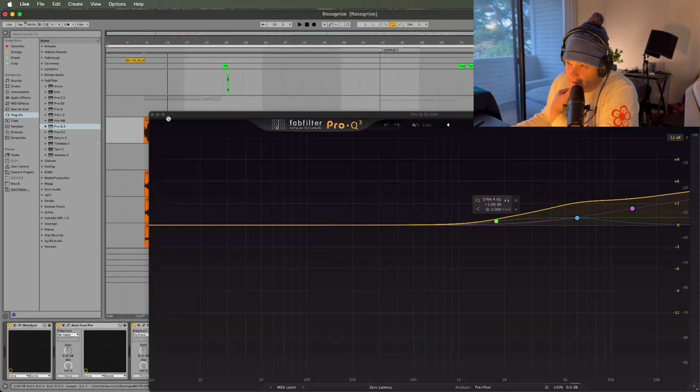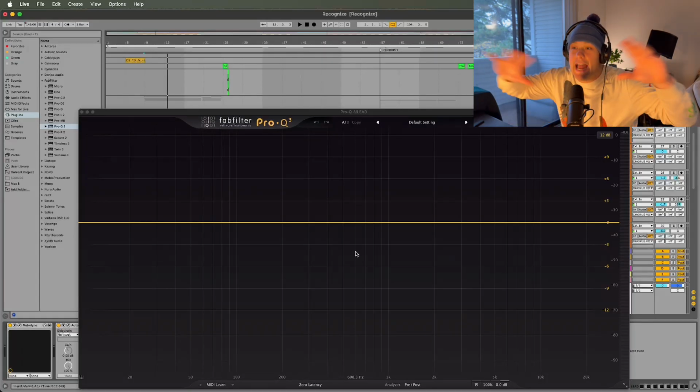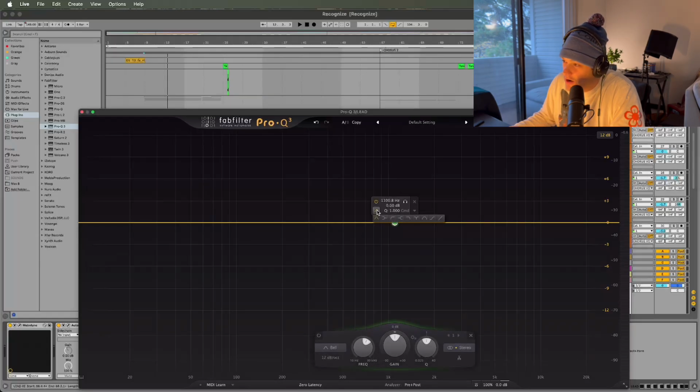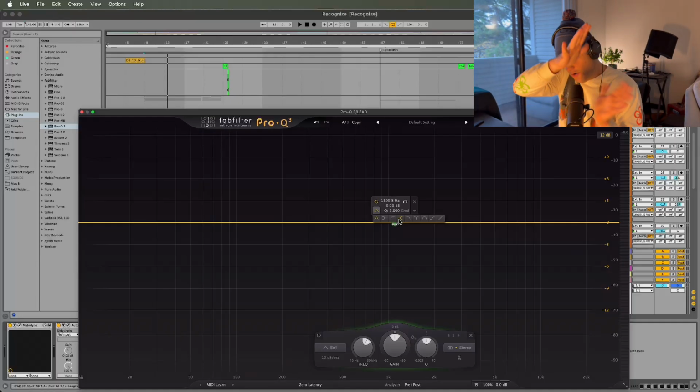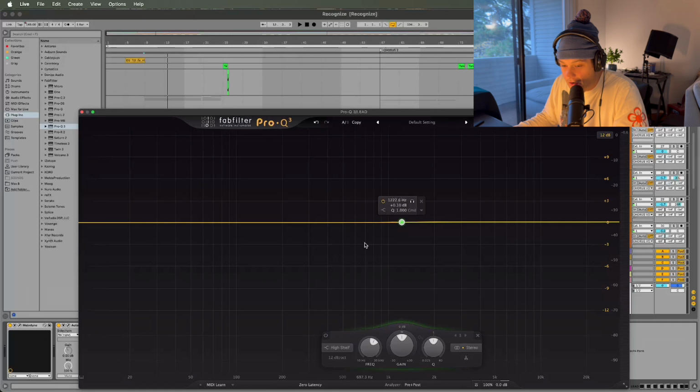Keep in mind that this is the additive EQ that I turned off. But I've already mixed this song, so it's already done. I'm just showing you kind of what I did. But I turned it off and I added another one. So we want to add this volume boost in the higher end. We're going to take a point here. We're going to go a high shelf, and a shelf just basically splits your EQ into two bands, and a high shelf faces the high end of the frequency spectrum. Grab your high shelf here. Usually there's a point around, like I said, 1500 to 1800 hertz where you're like, okay, this signal now needs to be boosted. If we take a look at the dry